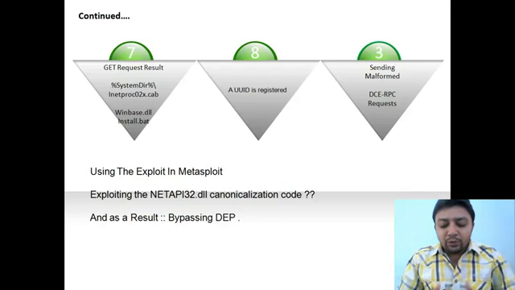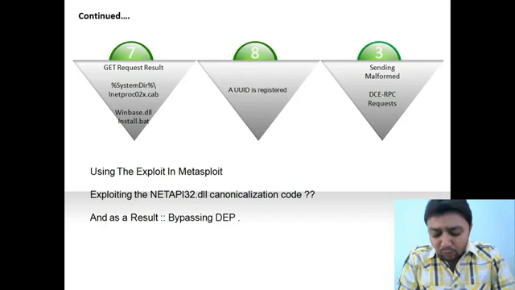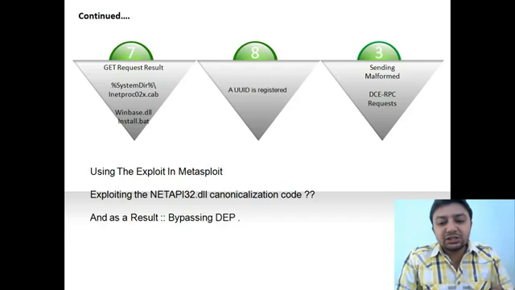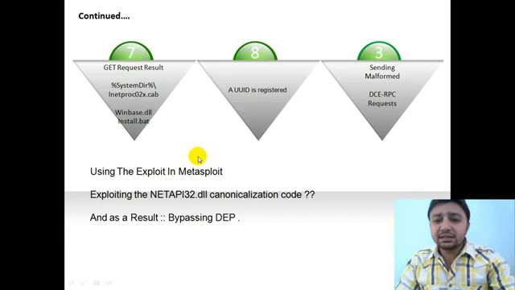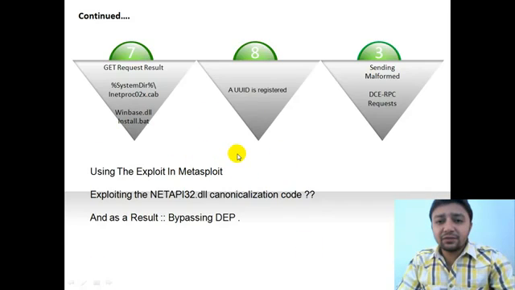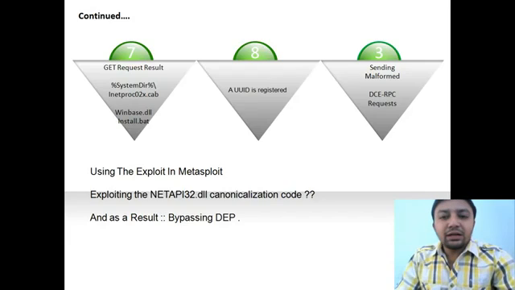What we are exploiting is the parsing flaw in the path canonicalization code of the NetApi32.dll file. As a result of the exploitation, we are bypassing the DEP. Now you all may be wondering what a DEP is. DEP is data execution prevention. Now what